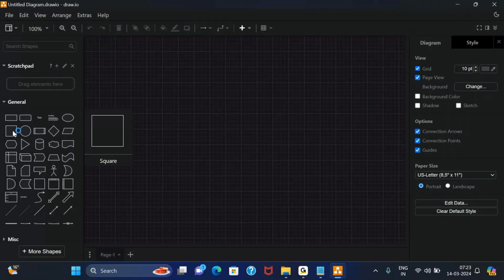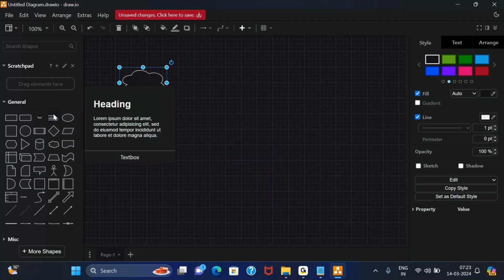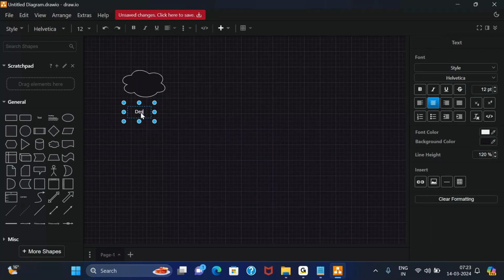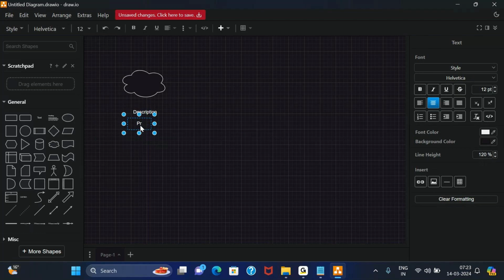So for example, let's say this is the image of the product. This is the description. Okay. And let's say I'll add one more point for the price.